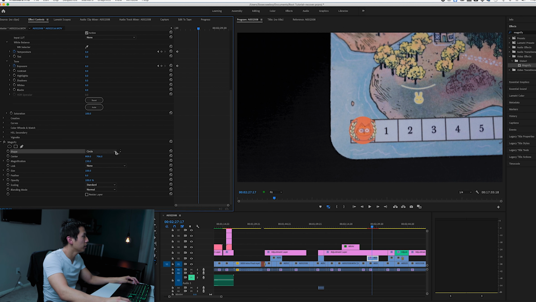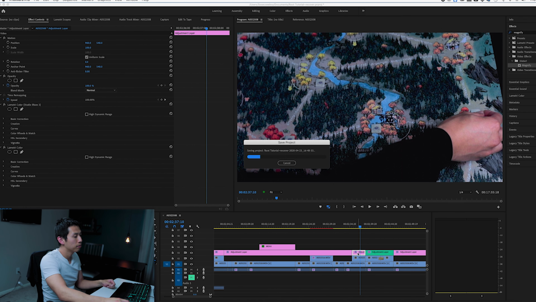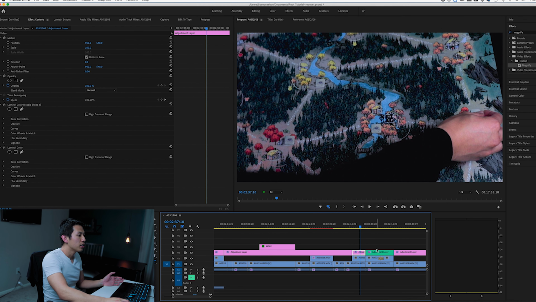So I want to make this bigger, so you can change the shape of it. You can magnify it less. You can magnify it more. You can change the overall size of the circle. And the last thing I want to mention before we go to export is what I like to do is